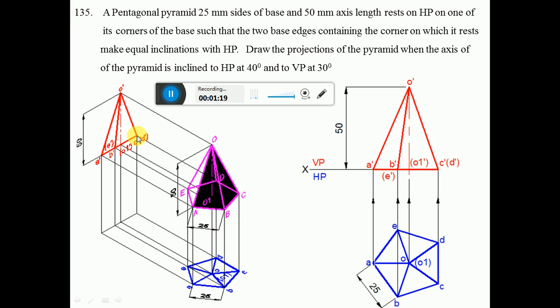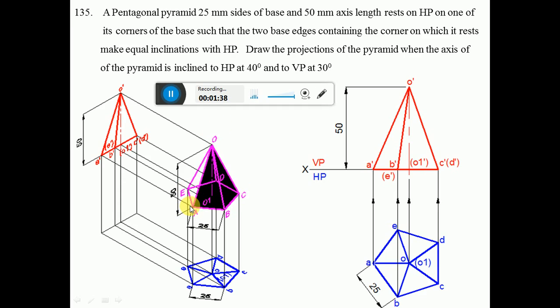So on this side, that is, this edge, this side is a corner and this side is an edge, and that means this side is a slant edge and this side is a slant triangular face. Since it is resting on a corner, this side we have to rest on the corner. So once you rest on this corner, we have to rotate in the anti-clockwise direction. Now once you look from the top view,